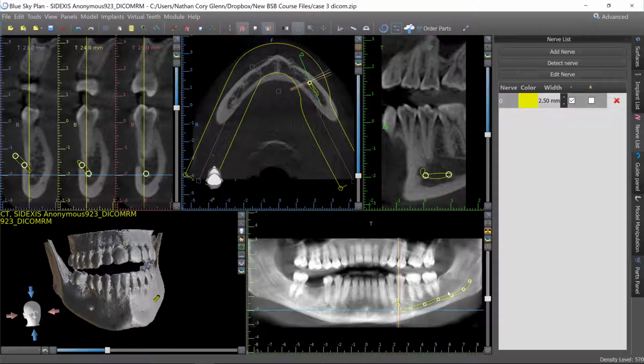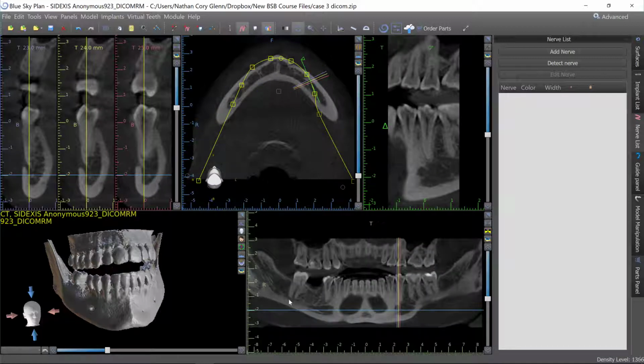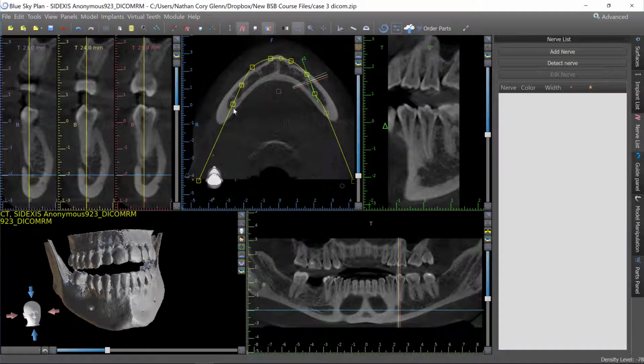I can see the canal tracking up this direction, and as you can see right here, it did get a little off. Now you could go through the process of correcting that. I generally just find it to be a pretty quick process to just manually map the nerve, and so that's what I'll show here. I'm going to go to the slice view, which is this black and yellow button that turns it from a composite, conventional pan looking view to one like this